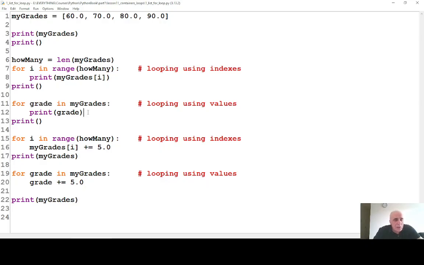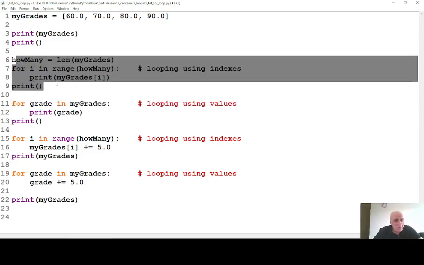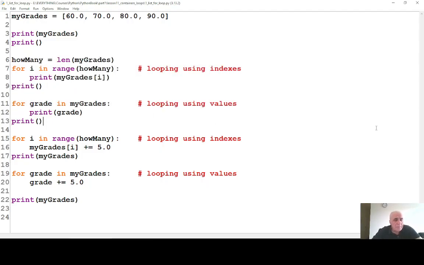You don't have to calculate how many. You just provide the name of the list. And in this loop, all the values are going to be printed. So basically, the second loop does the same as the first one, and it looks like it is simpler. Well, probably it is. Of course, it's going to produce the same output,